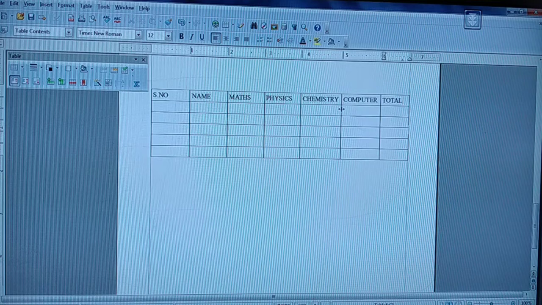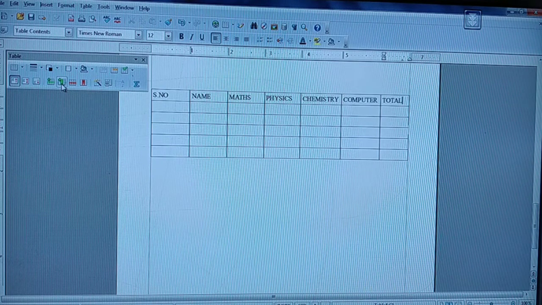What else have we discussed by now? Yes, in this class what else have we discussed? We have discussed how to insert a table by means of 2 methods. First one, it is by using your table icon. The next by using your insert table dialog box. Similarly, we have discussed what else the options that are available in the insert table dialog box. The next, we discussed about the auto format button. Similarly, if this is your table toolbar and it is not visible, what steps do you have to follow? If it is visible, what else? Here many options are there, no? How you people can have it, all that we have discussed.